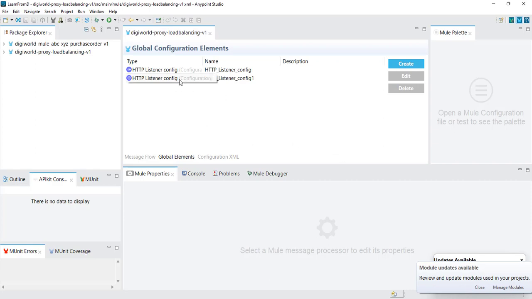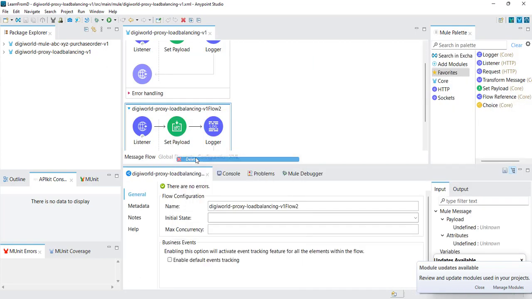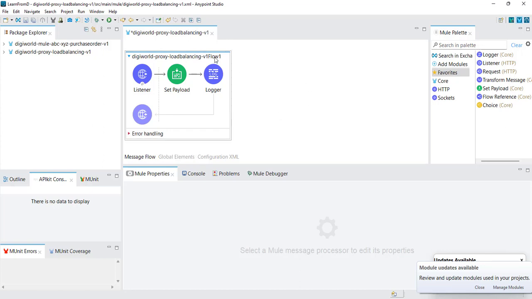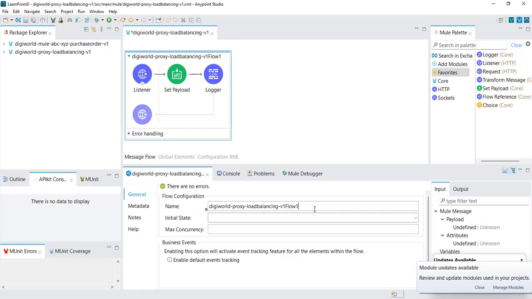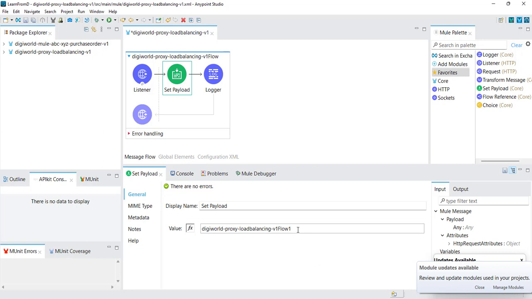First of all, we will remove this listener. So first we are removing this flow. We don't need this flow anymore, so I have just removed it, and here I'll rename it DigiWorld proxy load balancing version 1 flow. That is it. Now, instead of just the value, I would like to print